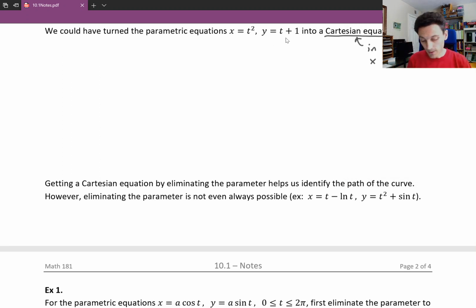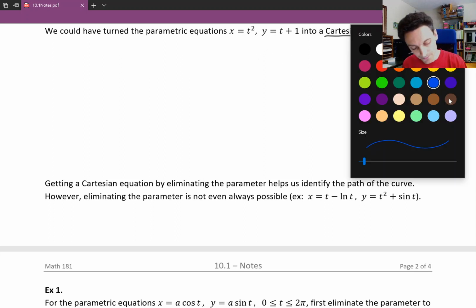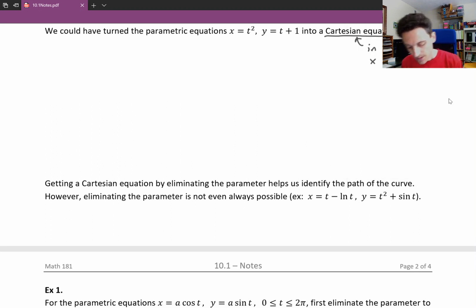Now, one way of doing that for this set of parametric equations, and it's different for each set of parametric equations, is we could solve the second equation for t in terms of y, and then replace the t in the other equation, so that we'll just get an equation that has x's and y's in it. Taking the second equation, if we subtract the 1 to the left and then switch the sides around, we get t equals y minus 1. Again, this is coming from that second equation, just solving it for t. And then in the first equation,